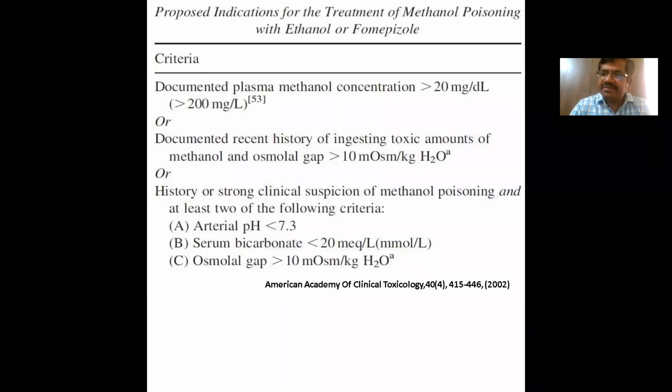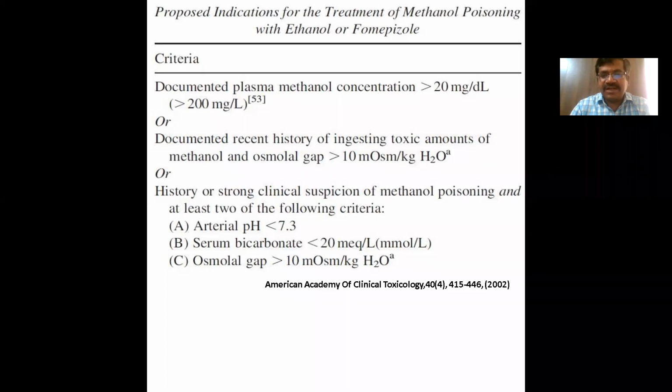the same as the antidote we give for ethanol poisoning. For methanol poisoning, it's mainly ethanol or fomepizole. Ethanol also counteracts the action of methanol. There is another drug, fomepizole. The criteria are: plasma methanol concentration more than 20 mg per dl or 200 mg per liter, or a history of ingesting toxic amounts of methanol, or an osmolar gap, or any history of